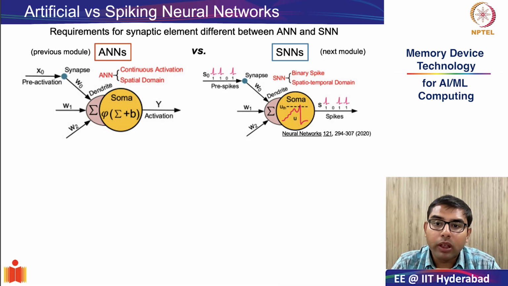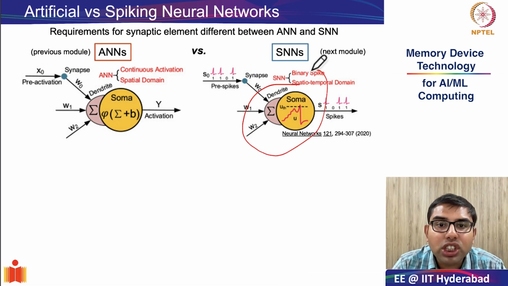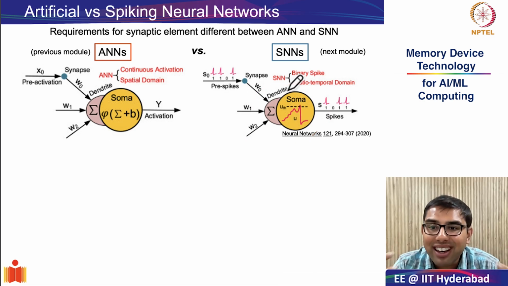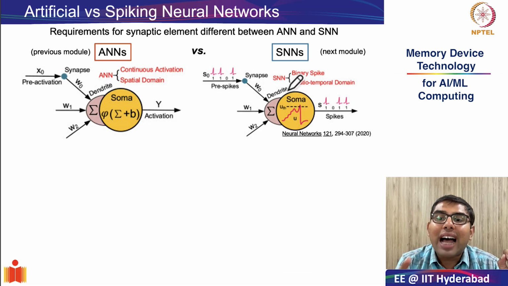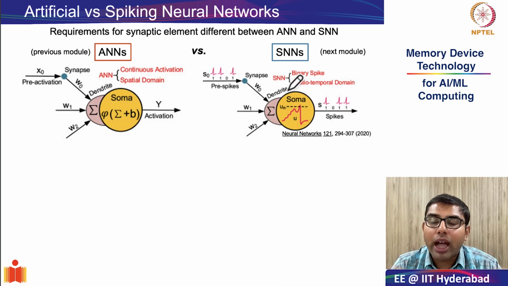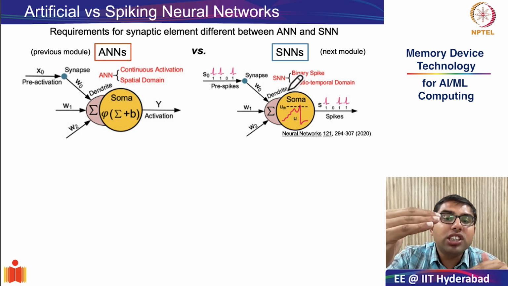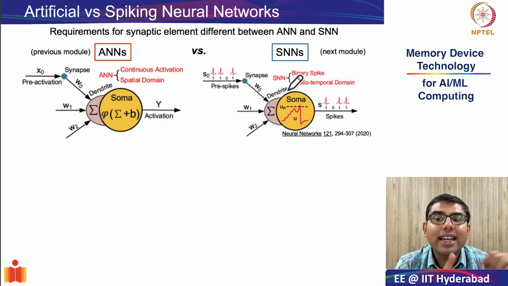Now, if you contrast this with what we will be seeing next, which is spiking neural networks, here the inputs and the outputs are both spikes. They are basically binary events. Either they are there or they are not there. They are binary events in time. And what the neuron does is it integrates these spikes, and when the membrane potential hits a particular threshold, it emits an